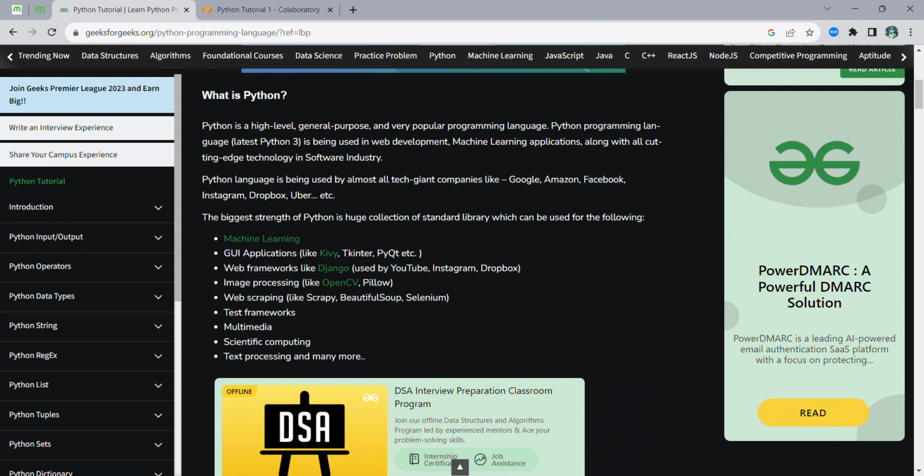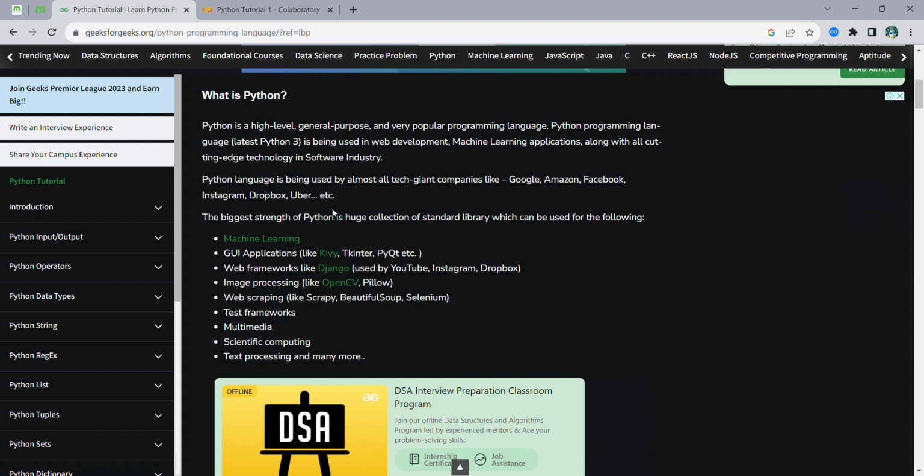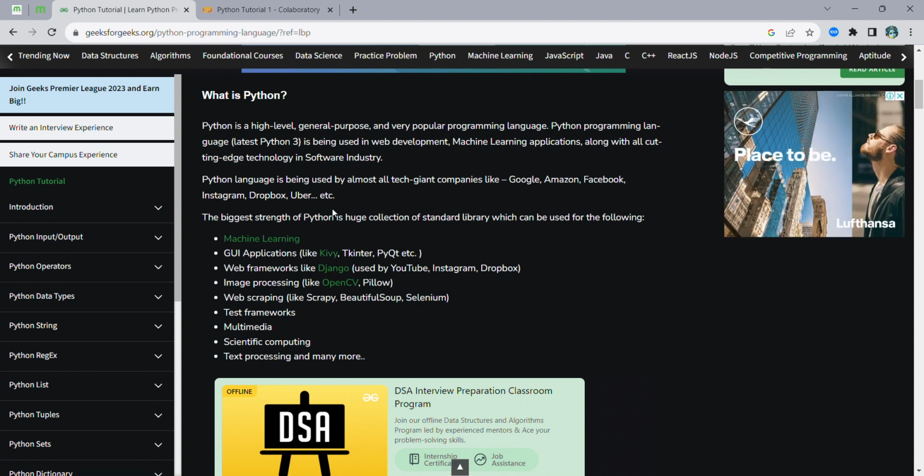Python is used by almost all tech giants like Google, Amazon, Facebook, Instagram, Dropbox, Uber, etc., because machine learning is used everywhere nowadays. For example, if you search for something on Amazon, you get recommendations, and those recommendations are built using Python. Python has simpler syntax and many libraries, which makes it more useful and simpler than other languages.